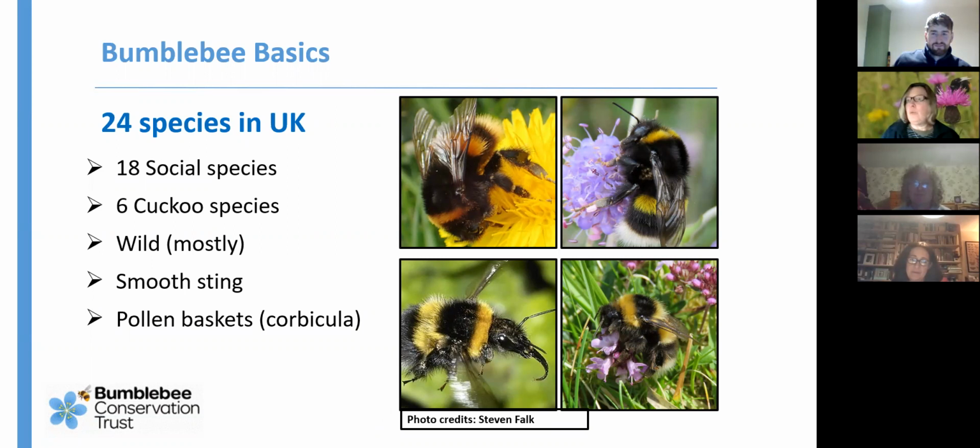And bumblebees are what we call, posh word is, corbiculate, meaning they have pollen baskets. So what this means in simple terms is their hind leg, the middle section, a tibia. If you can see on this beautiful buff-tailed queen, she has a very shiny triangular tibia there. So corbicula, I should say, not tibia. And so on the edges, there are thick, stiff hairs, which form a sort of basket, but the out-facing surface is perfectly smooth and shiny. And that's where she